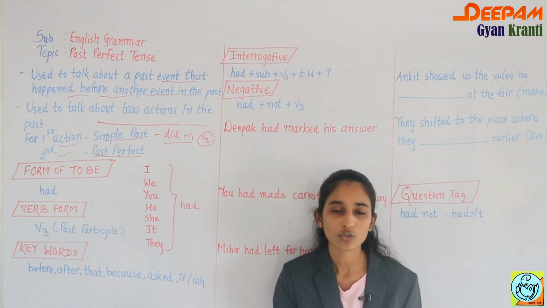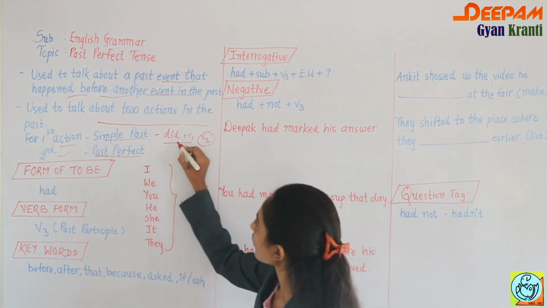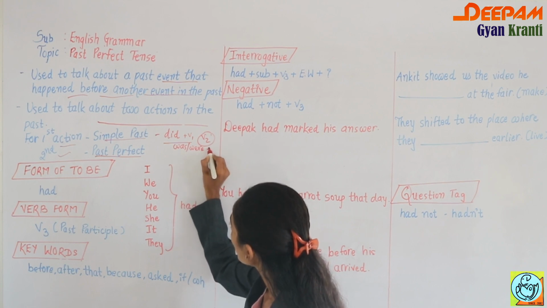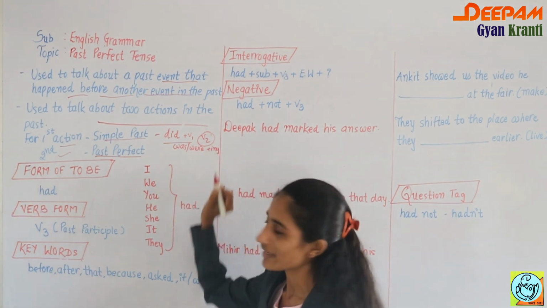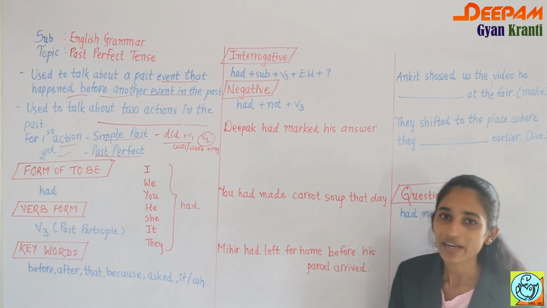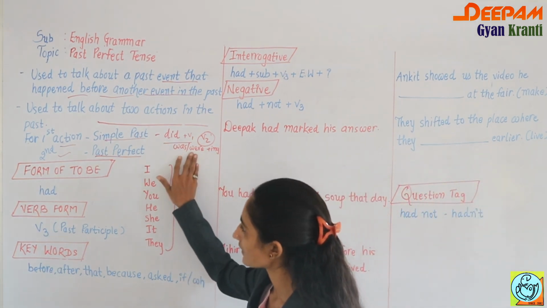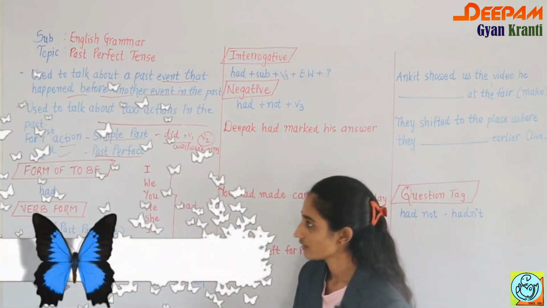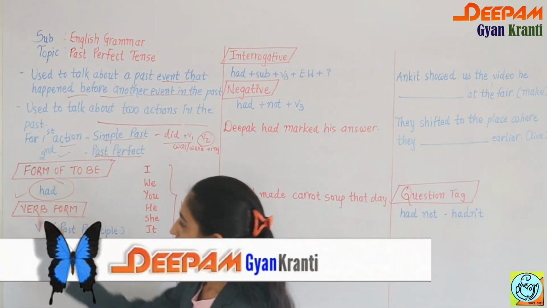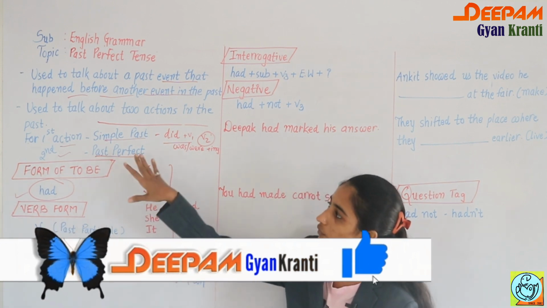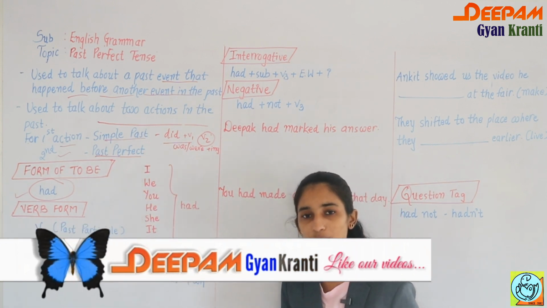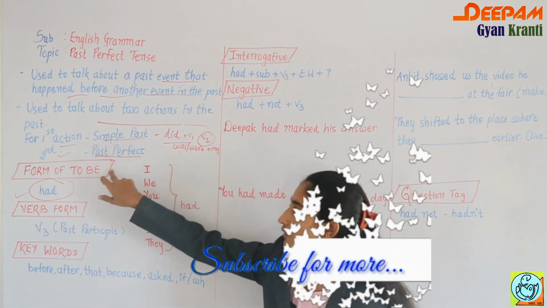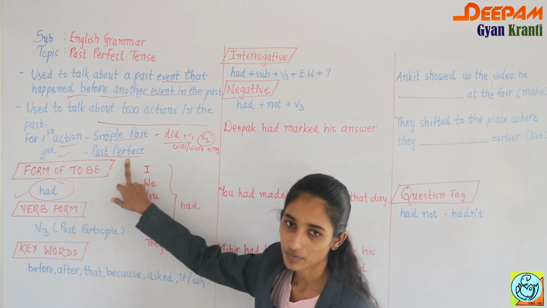If we are talking about past continuous tense, the form of to be is was and were, and if you want to show it continuous, then you have to use ing. So the answer is was, were plus ing. Then form of to be: here you have had. You have to remember the form of to be here is had. In short, what you have to remember here: two actions and both indicate past, but for the first action you have to use simple past tense, and for the second you have to use past perfect tense.